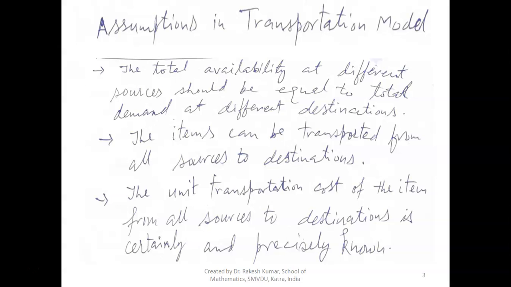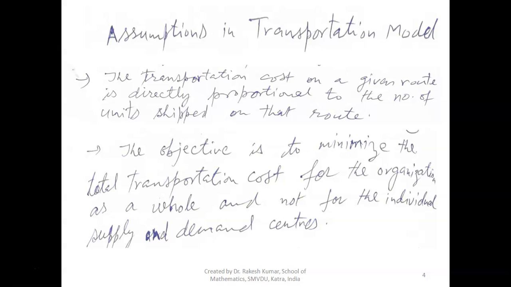The transportation is easy and it can be done. The unit transportation cost of the item from all sources to all destinations is certainly and precisely known, right? Assumptions continued here, and the transportation cost on a given route is directly proportional to the number of units shipped